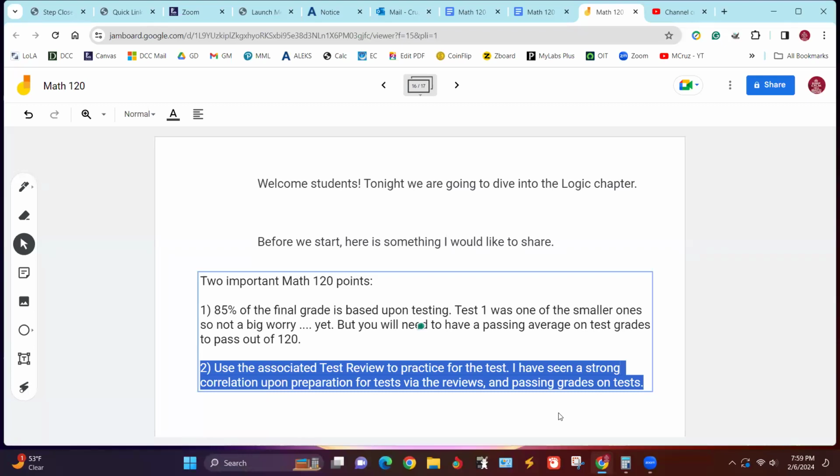No matter what shape you're in, when you're getting between 5 days to a week before the test, look at the associated test review and start working on that. I can predict with about 95% accuracy what someone will do on the actual test based upon their test review score. The test review allows you to take it multiple times so that you can each time go in, review after the first one, see what you did wrong, try to correct it, then come back and take it again.